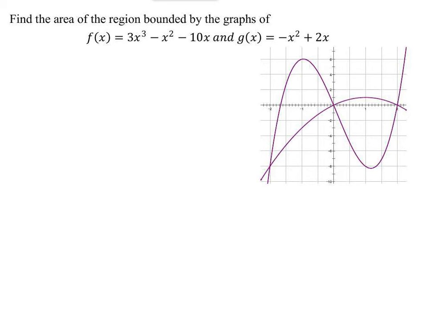Okay, set them equal to each other. Now get all your terms on one side. So we are going to add x squared and subtract 2x from both sides. Plus x squared minus 2x. And we get